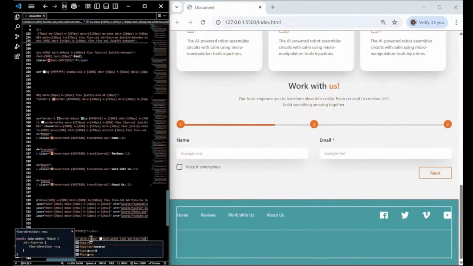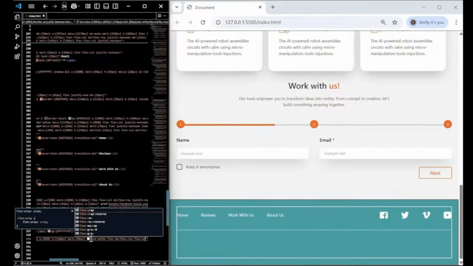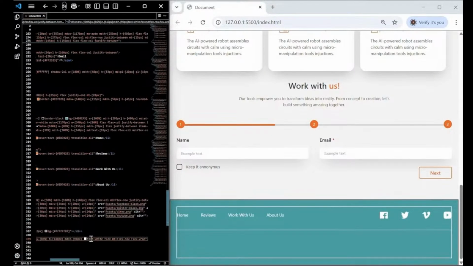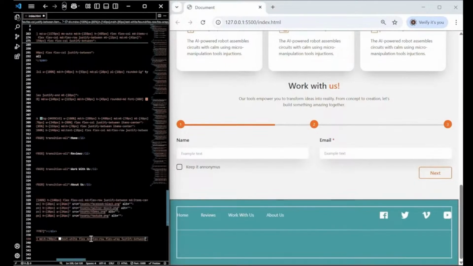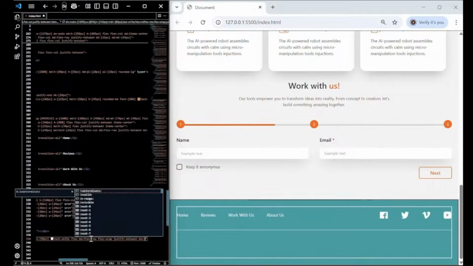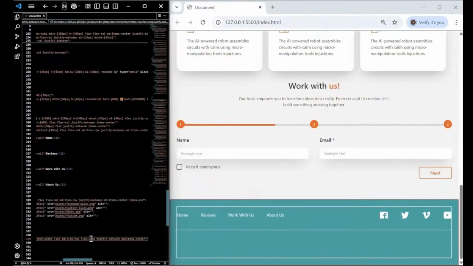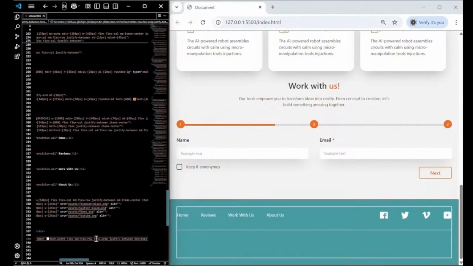On medium screens it arranges items in a row, and then we are going to write flex wrap. This allows wrapping of the elements. Then we are going to write justify between. This spaces items evenly. Then we are going to write MD item center. On medium screens it aligns item to center. Then inside this div we are going to create another div